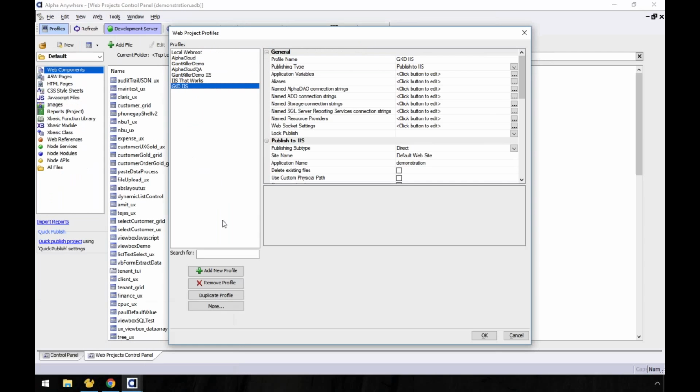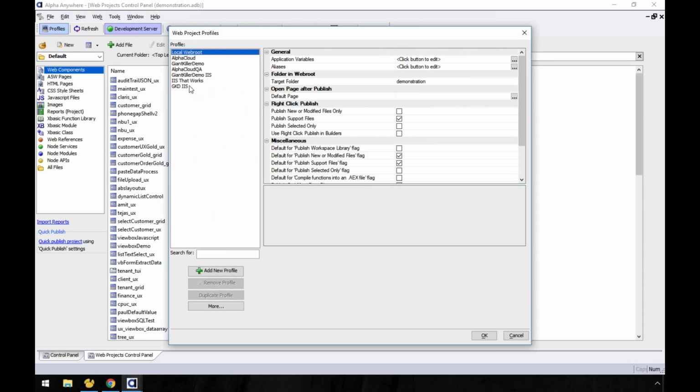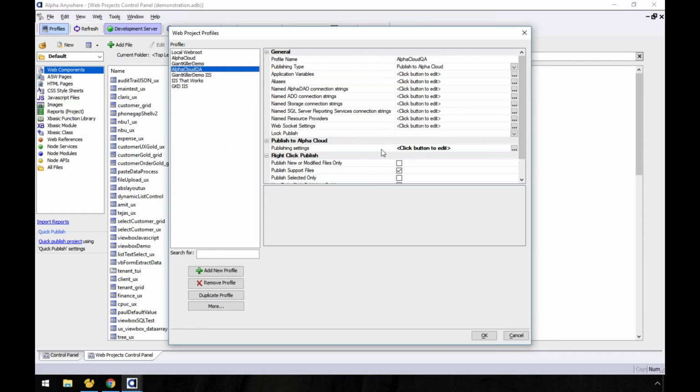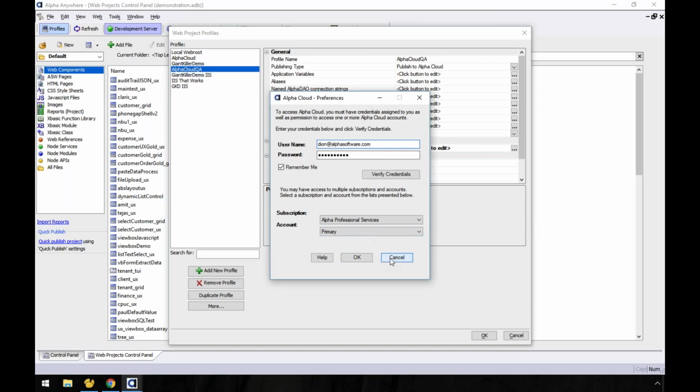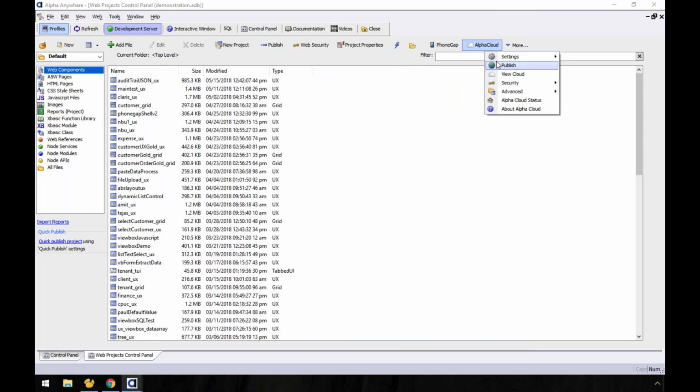Here is another publishing question, and this has to do with cloud publishing. And the question is, and I'm guessing what they're trying to do is allow their application to access a database that is not in the cloud or is on a different cloud. And so the question is as follows. Under the Web Projects Control Panel, the Alpha Cloud status, are the IPs that are listed, are those the IPs that the app is running on in the cloud? And can you basically create the holes in your firewall or the exceptions in your firewall based on those IP addresses? And the answer is absolutely correct.